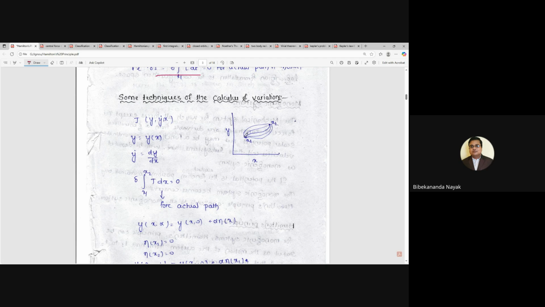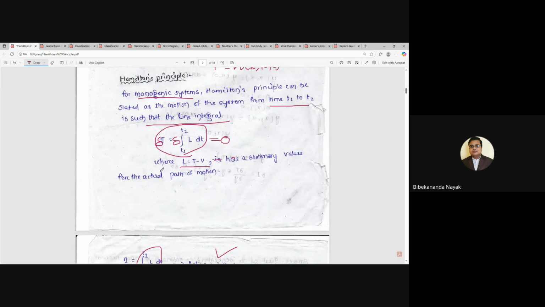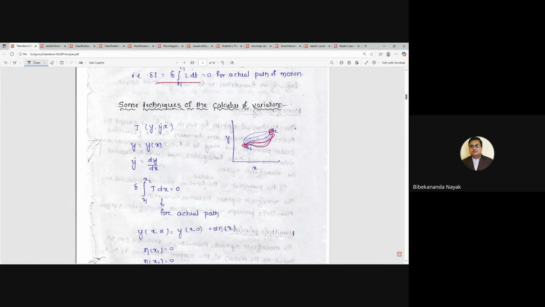So let's consider 2 points x1, x2 here. Between 2 points, there are an infinite number of paths possible, and according to Hamilton's principle, for the actual path of motion, this integral is constant and the variation of the integral is 0. Okay. So this is the actual path, and the others are slight deviations from the actual path. Okay. So let's consider